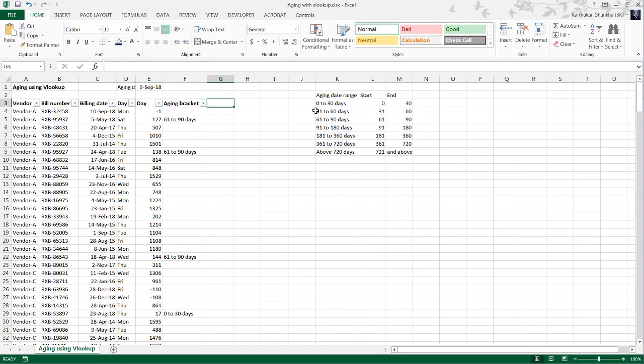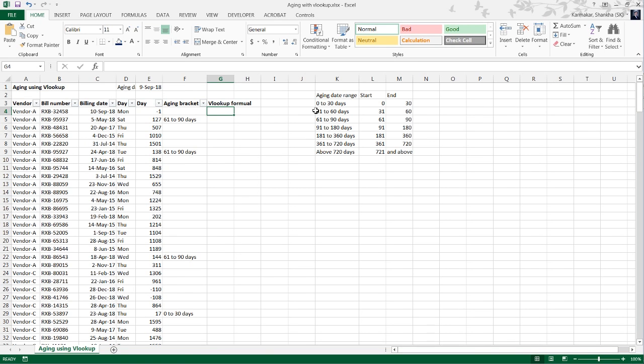I'll tell you another way, which is using a VLOOKUP formula. VLOOKUP is a very useful formula wherever you're working with Excel. It has its own challenges in terms of data consistency or the way data is structured. I'll cover that in a later portion, and I already have a video. I'll provide you the link for what the challenges are and how the VLOOKUP formula needs to be worked on, so it is always effective